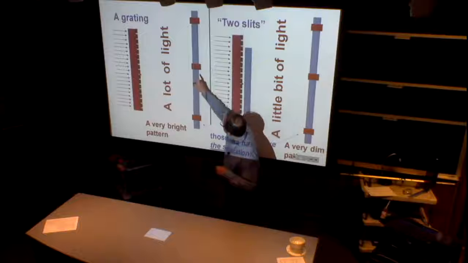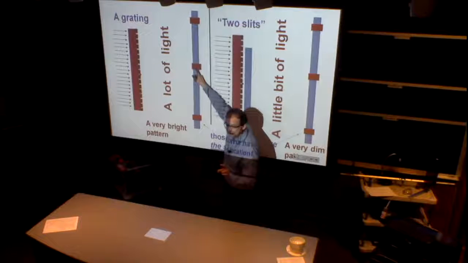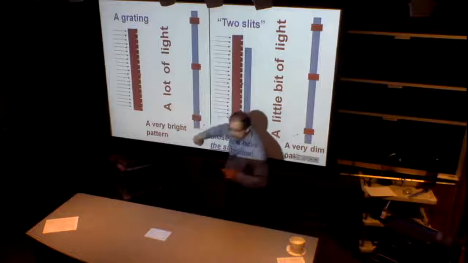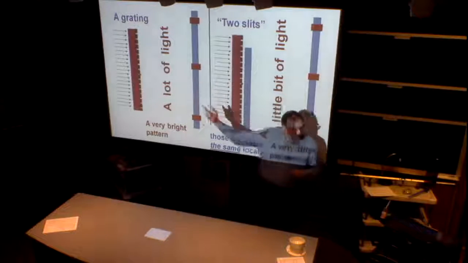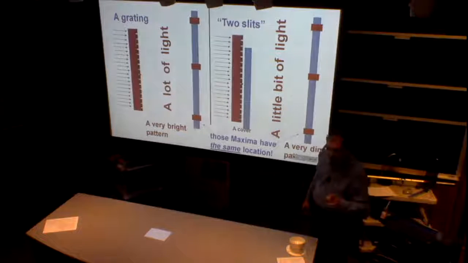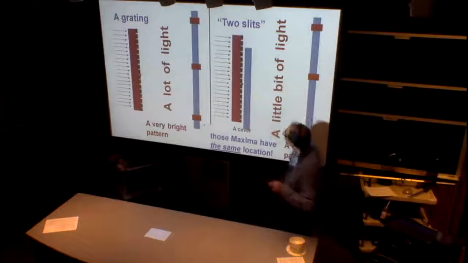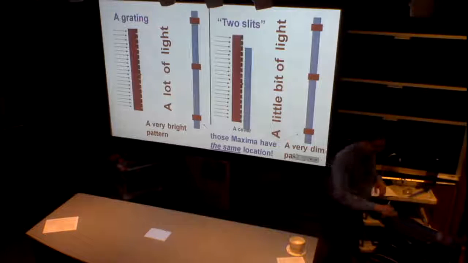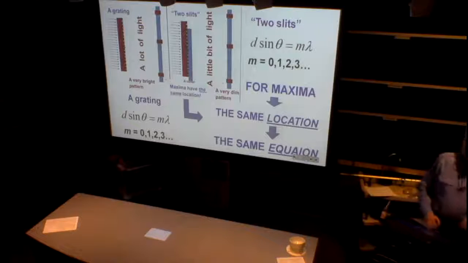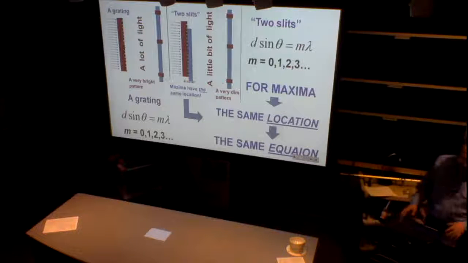So again, we observe a central maximum, then the first maximum on the left and first maximum on the right, second maximum on the left, second maximum on the right. And those locations should be described by the equation which we already know for a double slit. So technically, for diffraction grating, we already know everything we need to know, but